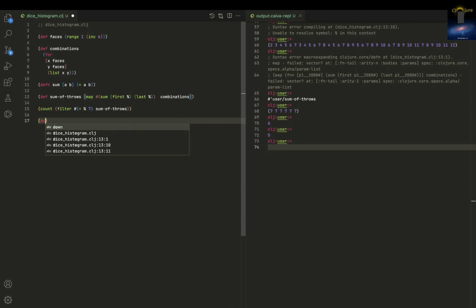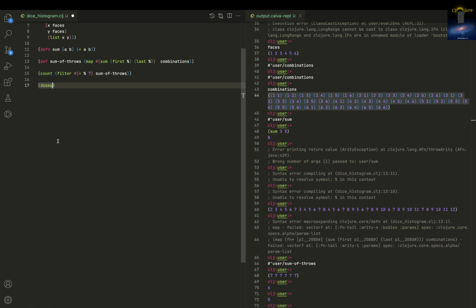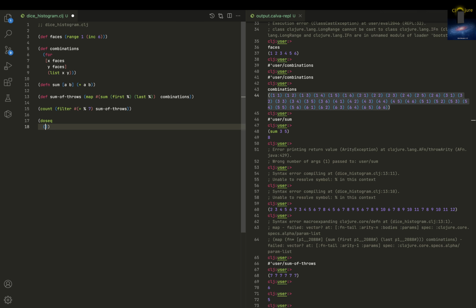So I'm putting a thing called doseq. Doseq actually returns nothing. Over here, for returns all these combinations, this list of combinations you saw over here, right? But doseq returns nothing. But you can do some operation inside doseq, like printing and all those things, right? So doseq. So over here I want to do, okay,